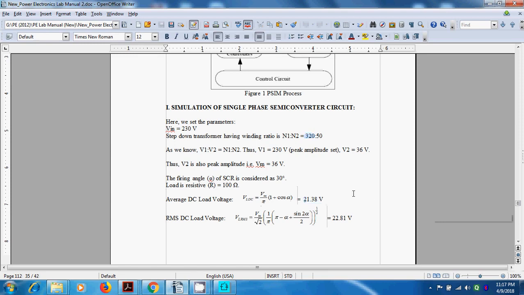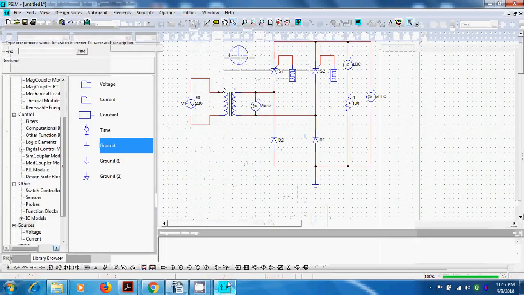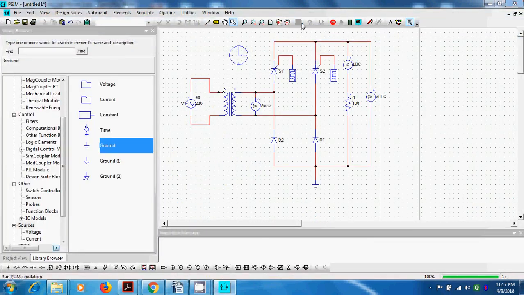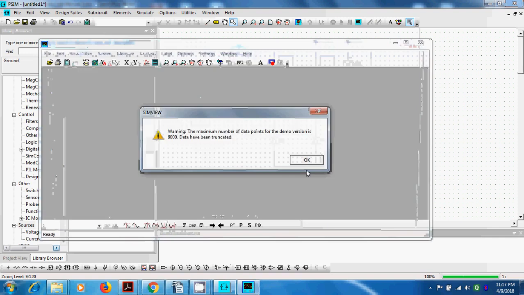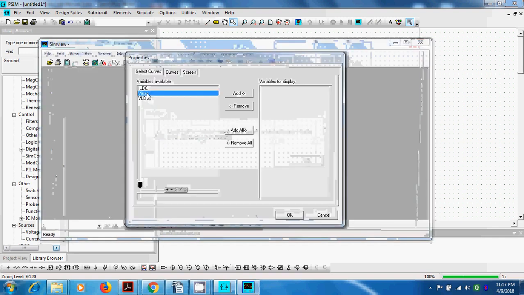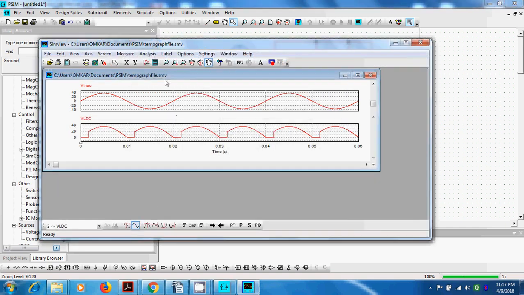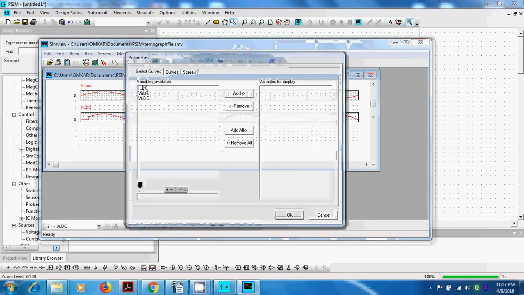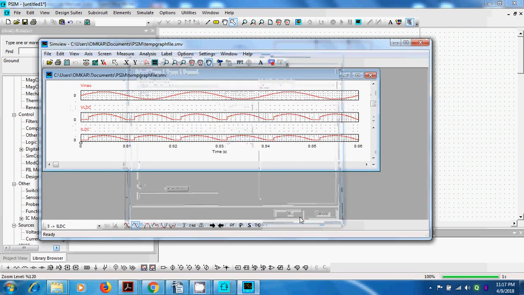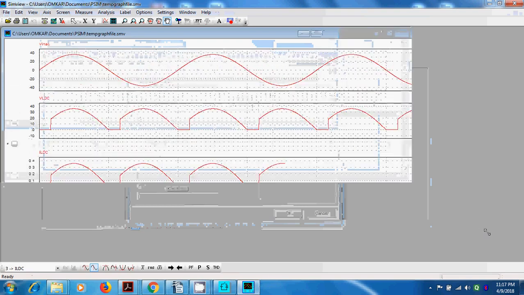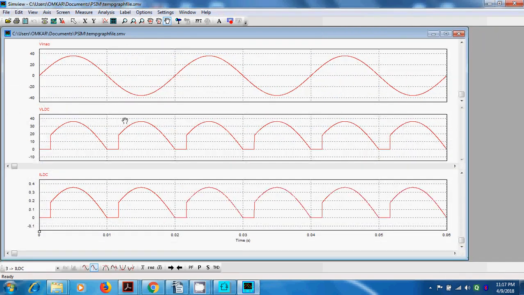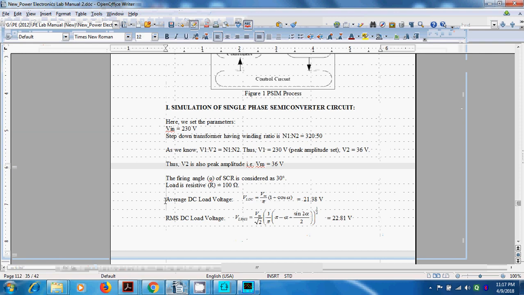Let us see practically how much the average DC voltage is with the help of the waveform. So again go to the waveform, go to V in AC, then again VLDC. Here ILDC is clearly seen because it has already been run in the previous case, so I1 was the name that has been taken as it is. Yes, so this is the waveform that we want, VLDC and ILDC.